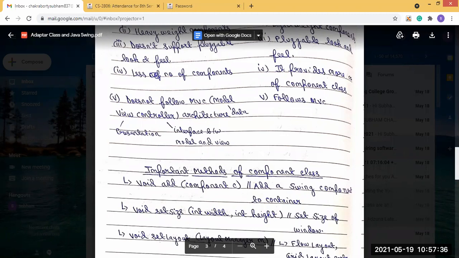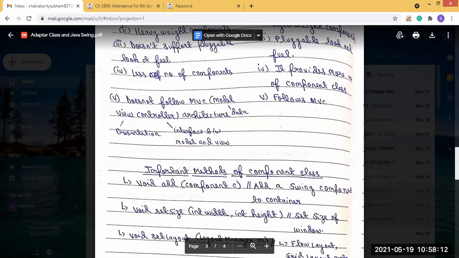Then the next method is setLayout. It is void setLayout, and as a parameter we use a layout manager class object, layout manager M.